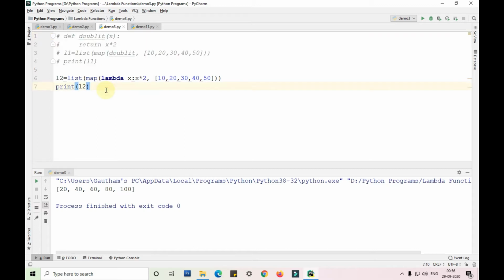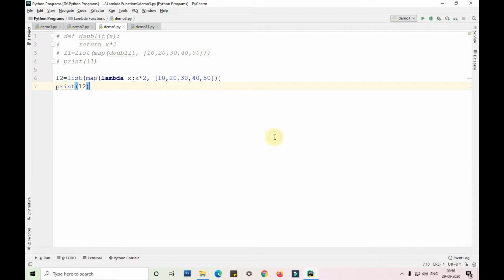Okay, similarly, if I want to add each object in two particular lists, like I want to add the marks of first year and second year, let me show that to you.